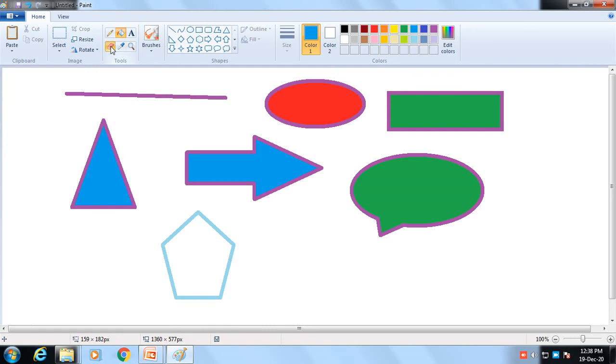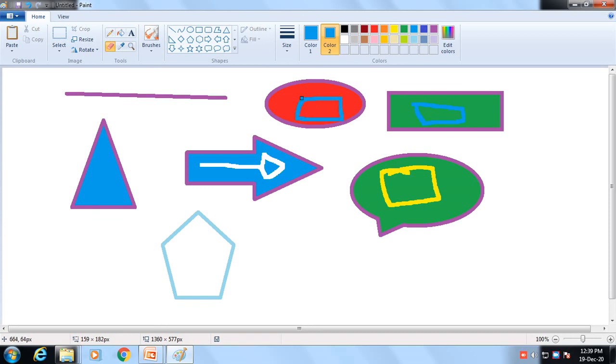But color 2 is a background color. Whenever I am rubbing any image, the color which I'll get after rubbing, that is white. If I change this color, suppose I am using yellow color, when I rub any image or any drawing, I'll get yellow color. If I choose this color, suppose blue, when I rub this image, I'll get blue color like this. Fine.